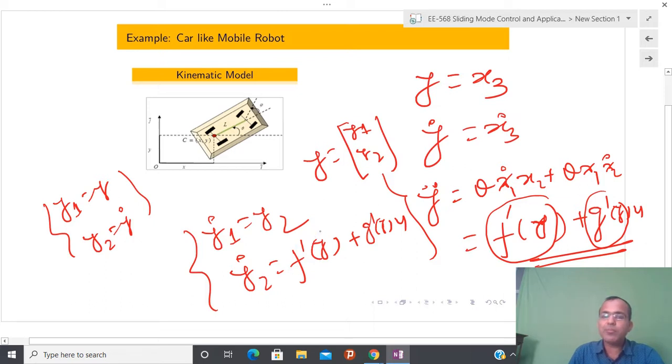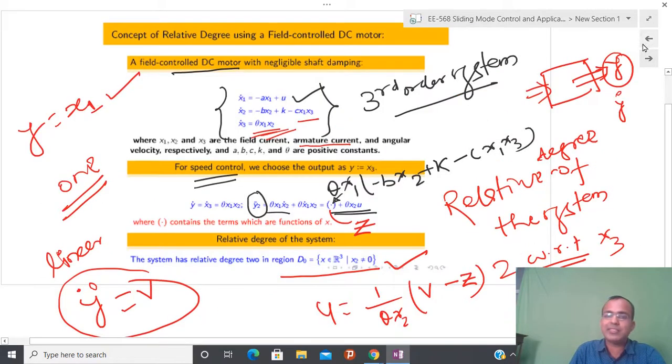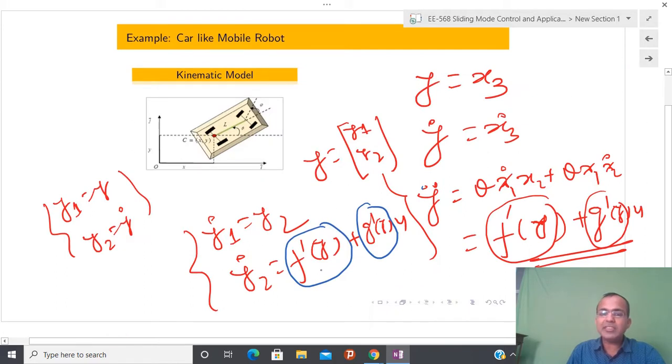Suppose the parameters of the motor are not known, then this is not known, this is not known, because after substitution of all the differential equations, you can see that I am going to substitute a x1 plus u, b x1, c x1 x2, theta x1 x2, and a, b, c, theta are all parameters of the system. Due to that, these quantities are not well known to me, but I know the approximate value. And now you know from sliding mode control that if this remains bounded, then how to design a first order sliding mode control.